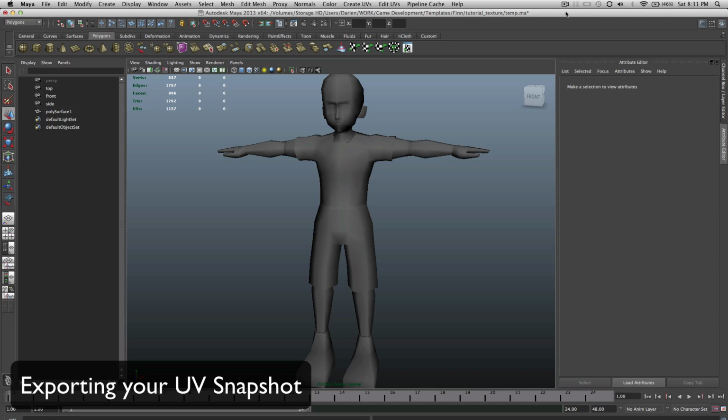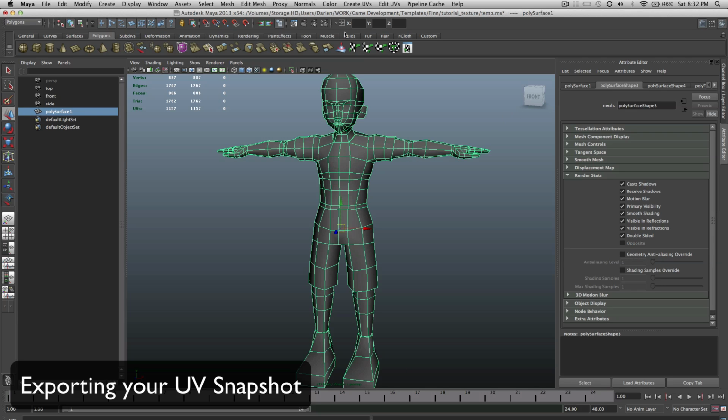So this is just going to be a quick tutorial to show you where to go from here in terms of how to get into texturing your character. I don't want to spend too much time on it because your character is going to be different from mine, and it's going to be a lot of tweaking you're going to have to do depending on your method. So first thing I do is just select the character, and if you go to edit UVs,